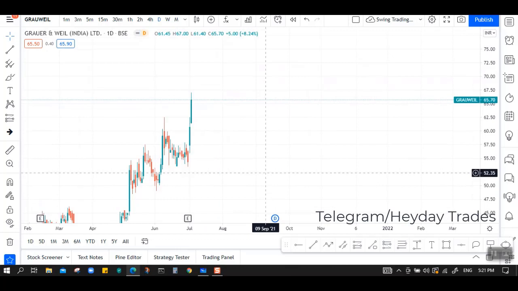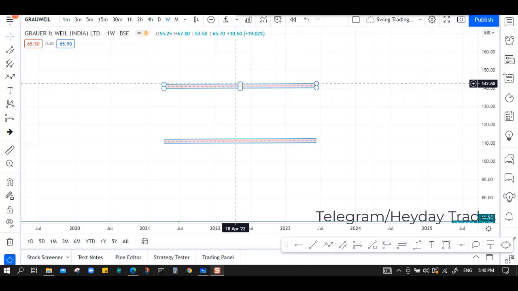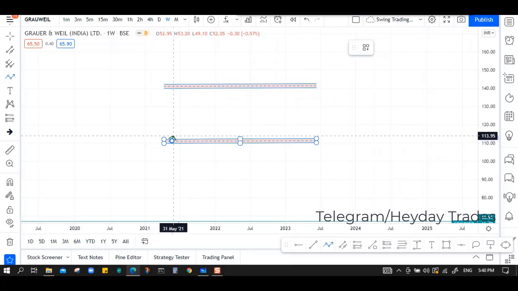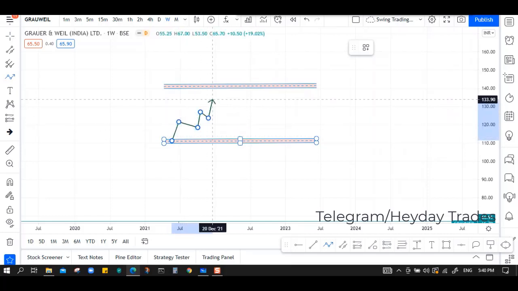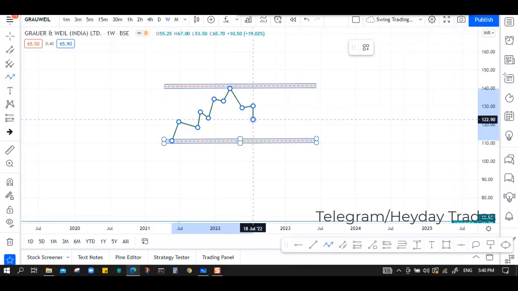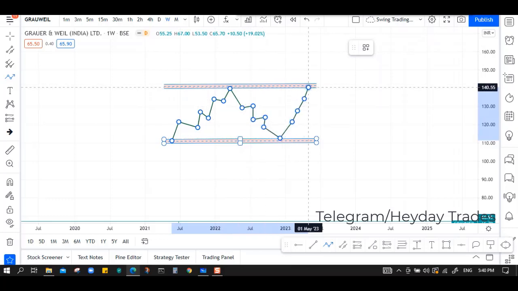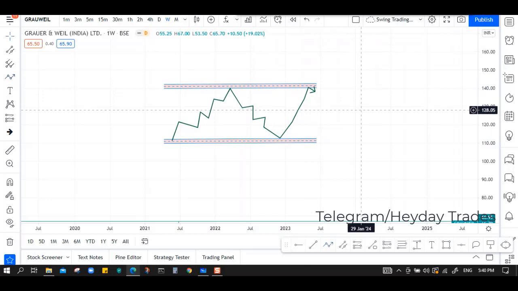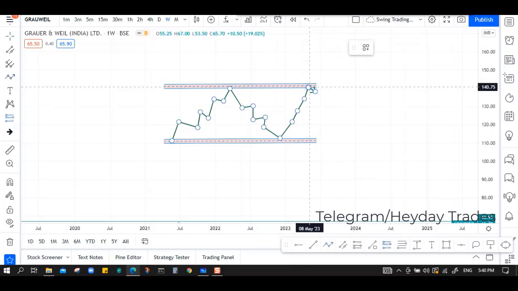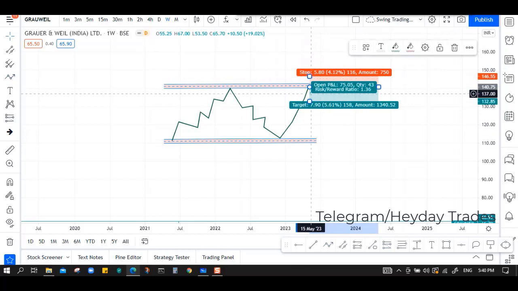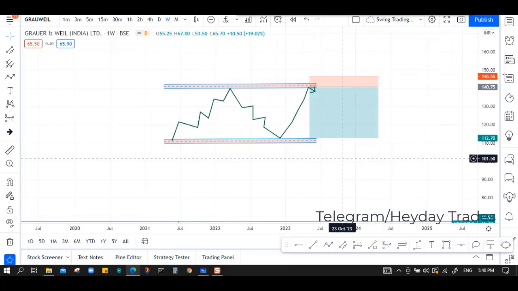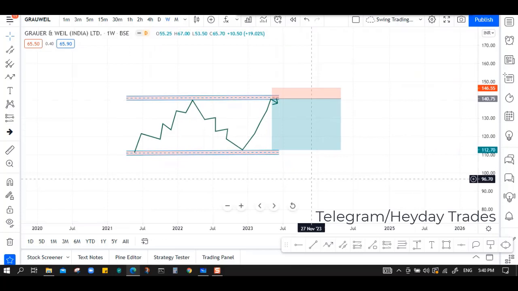Let me give you a quick scenario on that. Let me draw one support and resistance. Let's say this is my supply zone and this is my demand zone. Whenever price is going from the demand zone towards the supply zone, the market will fall. Normally this is what all the retail traders will think. Whenever the price comes to the supply zone, most of the retail traders will sell here, and they will put the stop loss just above this one and set the target until the demand zone.